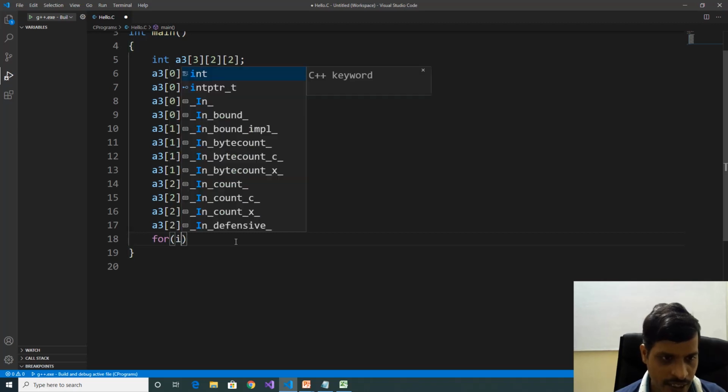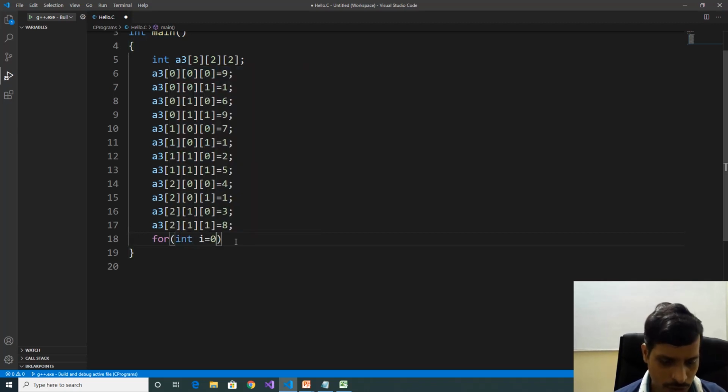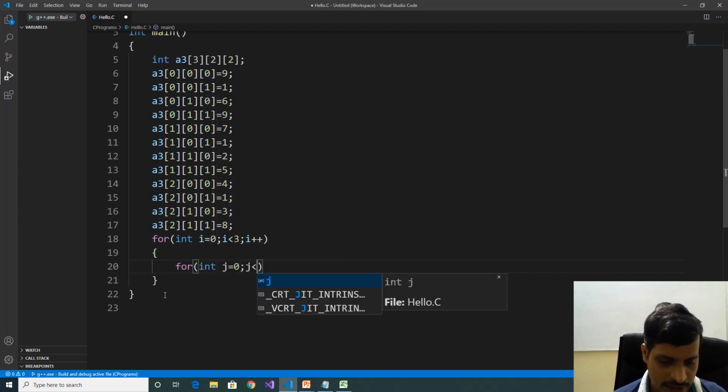For int i equal to 0, i less than, here this is a 3, so we need to mention i less than 3, i plus plus. So we need to write a for loop for this one. For int j equal to 0, j less than 2, j plus plus.